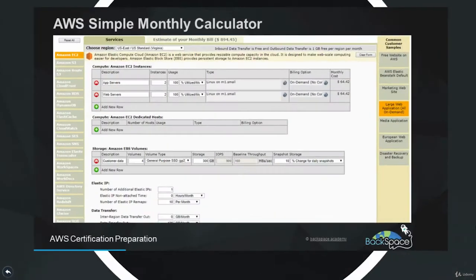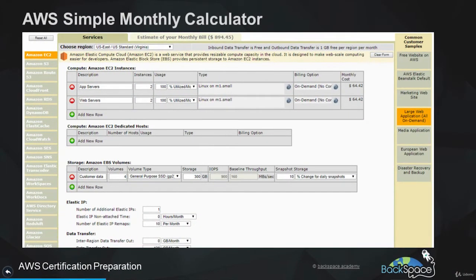If you're looking for a very quick and simple way of estimating the monthly costs of using AWS, then you can use the AWS Simple Monthly Calculator. What that does is it enables you to put in what your EC2 instances will be, what your other services, and what your S3 buckets and the size you expect those to be.